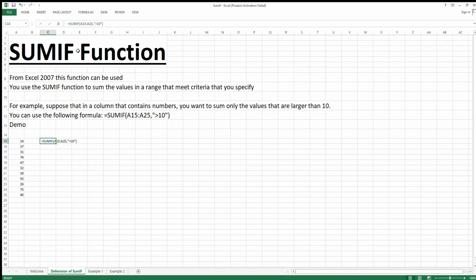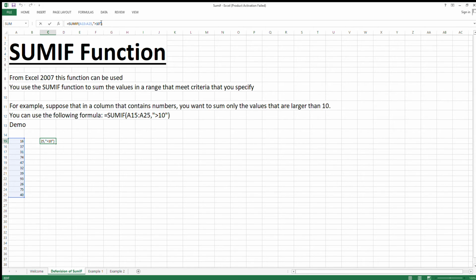So I'm just entering it. See, I can get the value. Let's see if it is true. This is larger than 10, this is larger than 10. Actually all are larger than 10. Let me just sum, it is 55. Let me just show it to you one more time.